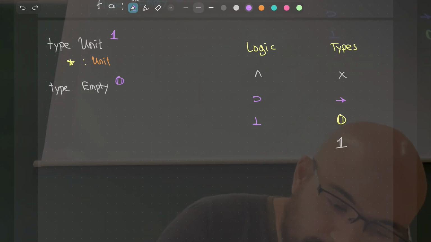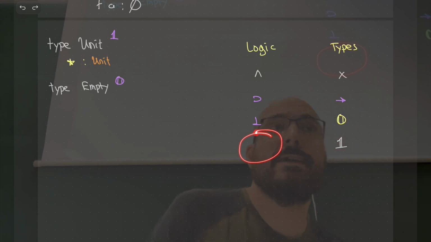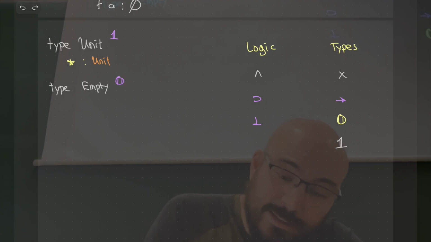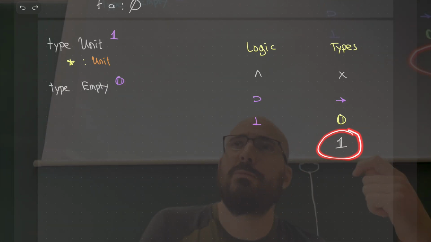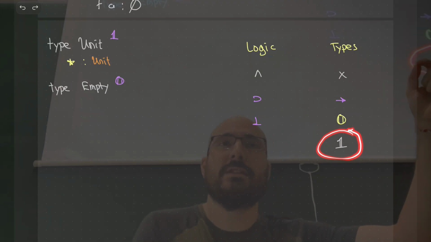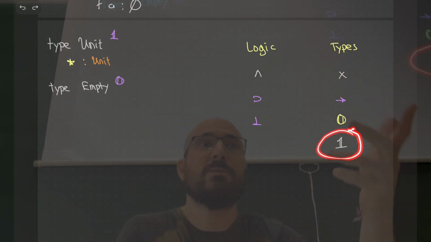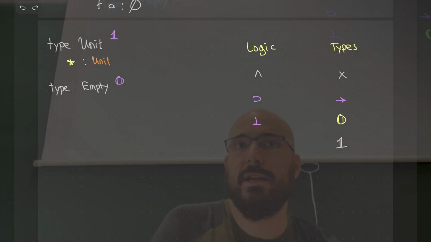Okay, so let's fill in some things here. What goes here? If I think of what's going on with this type, it's a type that has only one element, and this means that it has useless information. I shouldn't be able to extract useful things out of this. If you tell me, aha, I have an element of the unit, there's no further information. I already know we have an element of the unit. I cannot do anything with that. If you say, aha, I have a bool, I can say which bool it is and do something, okay? So the question is, what concept should correspond here?